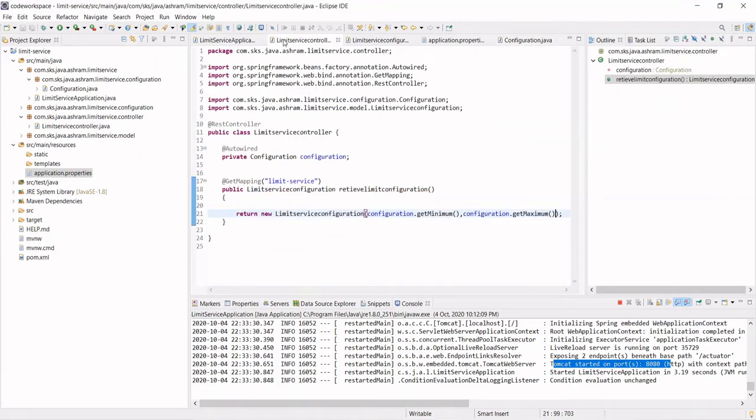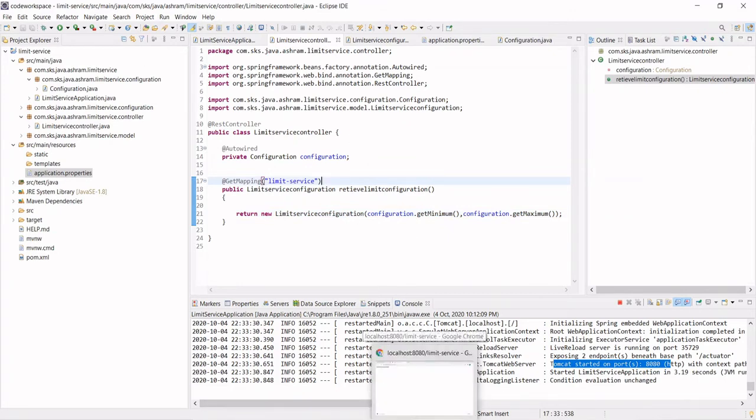Then we go to the controller and declare the object, and then we do the autowire. And thereafter we just need to retrieve the minimum and the maximum. If you run this application and go check, refresh this, see the minimum is 5 and the maximum is 555.